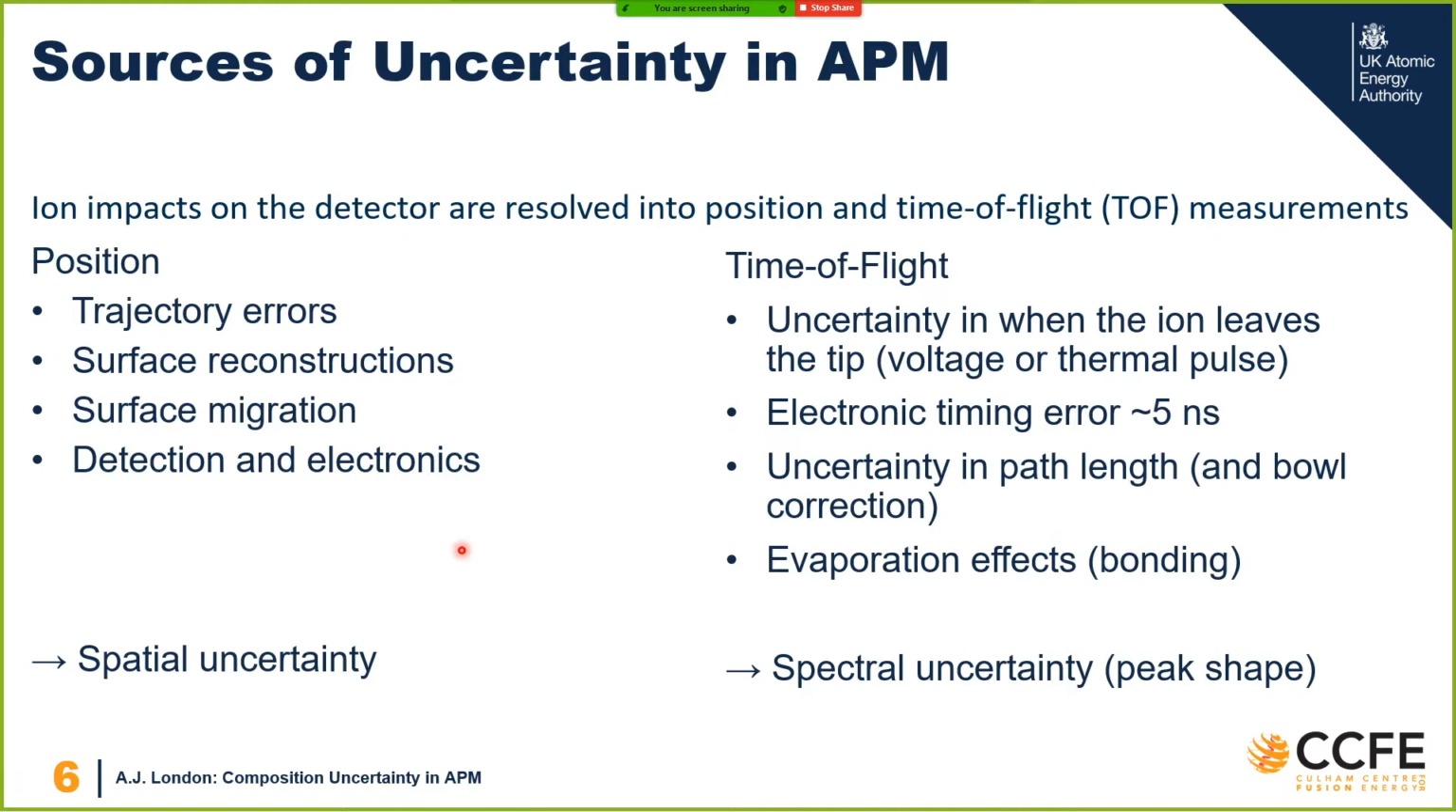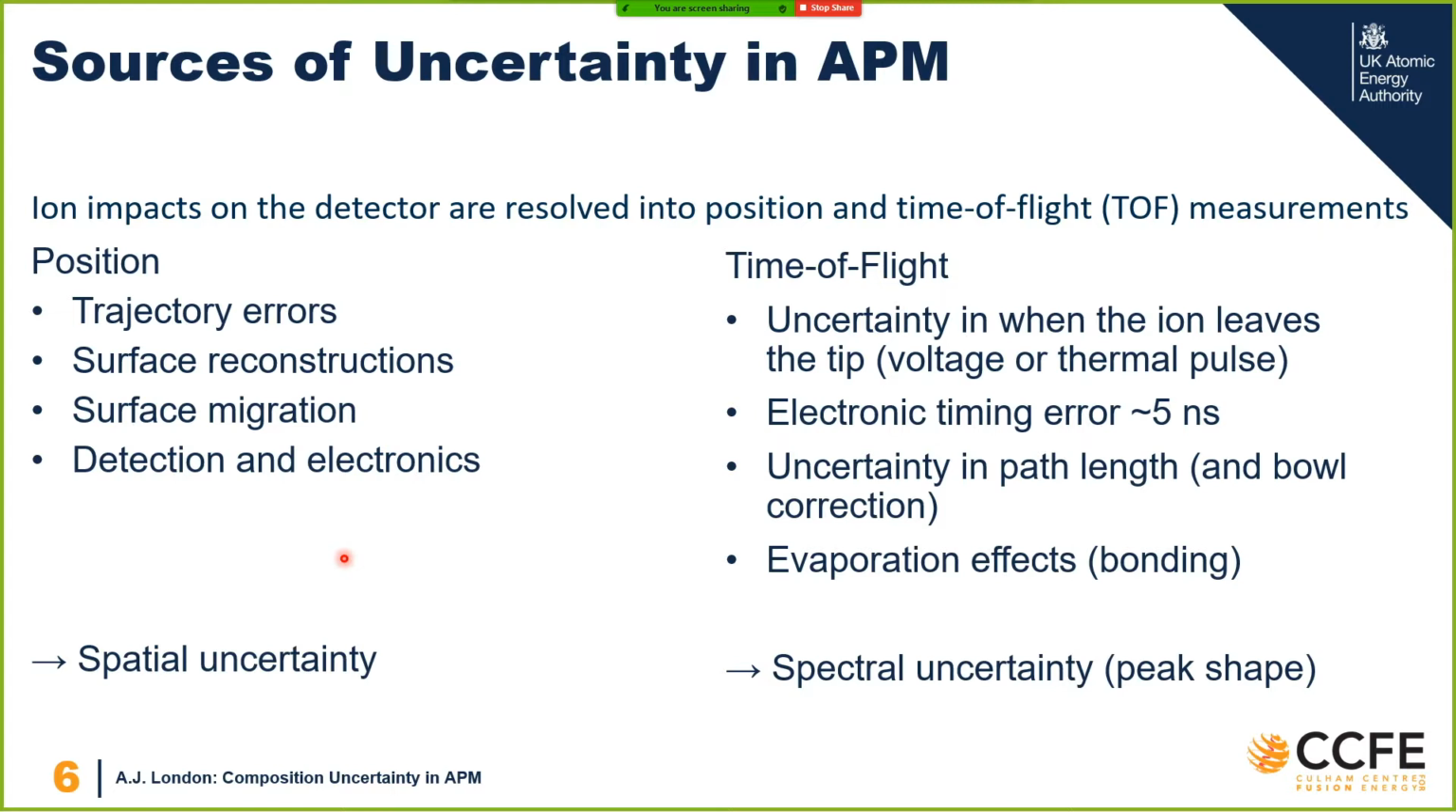So there's tons of sources of uncertainty in Atom Probe. In our position, we have trajectory errors, surface reconstructions, surface migrations. We have all of the influence of the detection and electronics, and that affects the time of flight as well. In the time of flight, we have uncertainty of the departure of the ion. We have the timing error, which is reasonably well known. We have uncertainty in the path length. I mean, we always quote whatever the path length is in millimeters, 382 millimeters for the